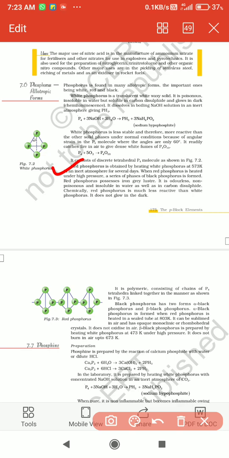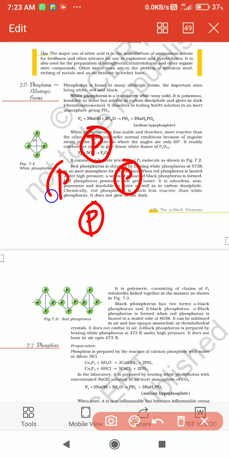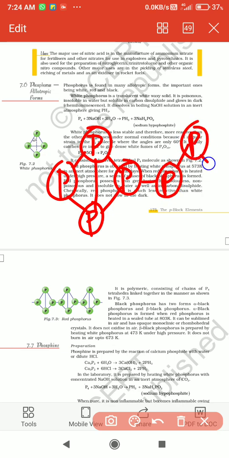And the structure is how it will be presented, looking like so, totally 4 phosphorus atoms. So the P4 molecule structure is looking like the polymeric chains will be exhibiting. So how will the polymeric chain be presented? It looks like this, right? Each phosphorus, how many other phosphorus atoms is it joining? Each phosphorus will be joining with 4 other phosphorus atoms.